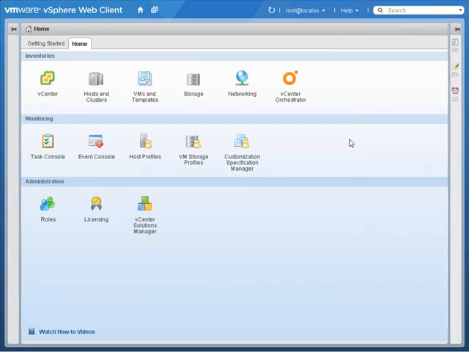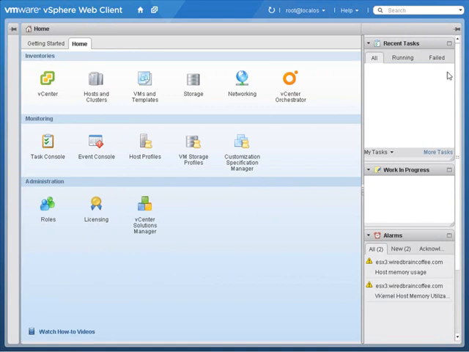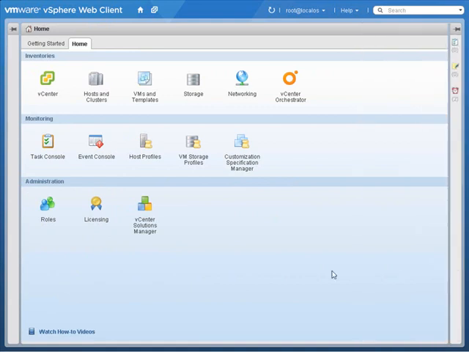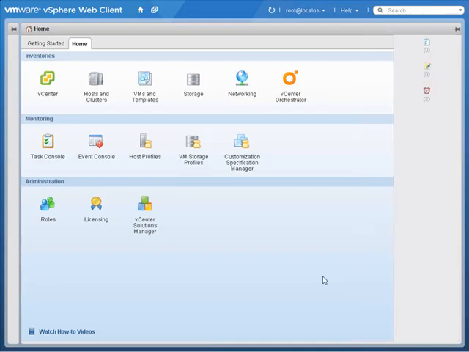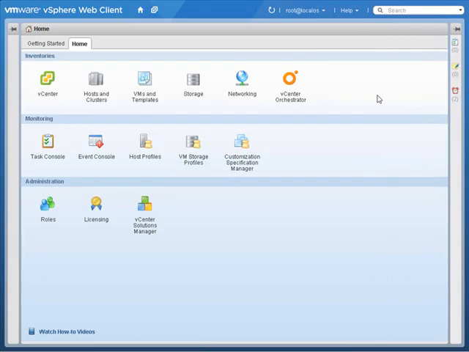If I unpin that, that panel collapses. But notice here I still have information about recent tasks, work in progress, and alarms. You see the icons there with the numbers below them in parentheses. You can see with the alarm clock, I've actually got 2 alarms that I should take a look at. So I can very quickly glance at that and see the status of my events and work in progress and